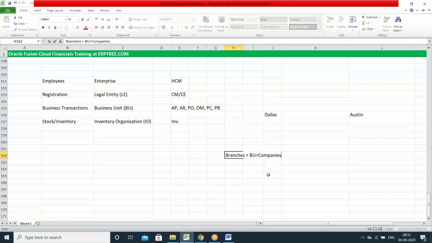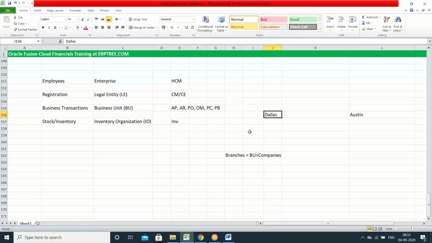This is very general practice. Each business unit will also have AP, AR, PO applications separately. Yes, that's true. You are running the business in Dallas. The Dallas branch will have separate departments, right? In the same way, for Dallas we are creating one business unit. In the Dallas location, whatever departments you are operating, for all those, we'll have separate applications. Every BU will have separate